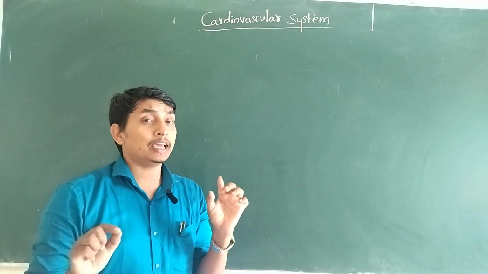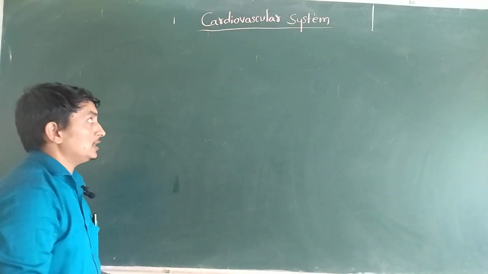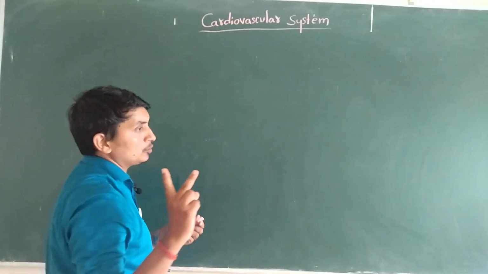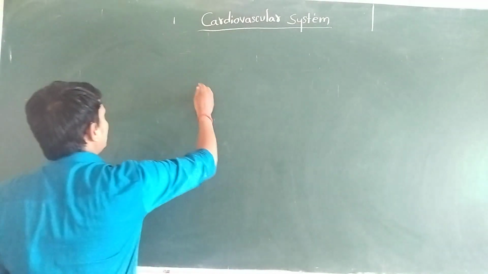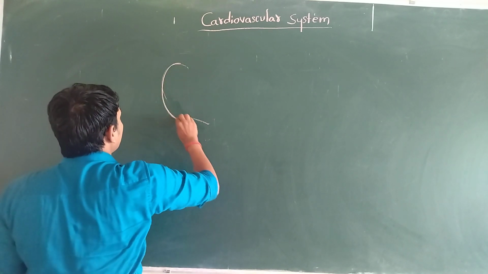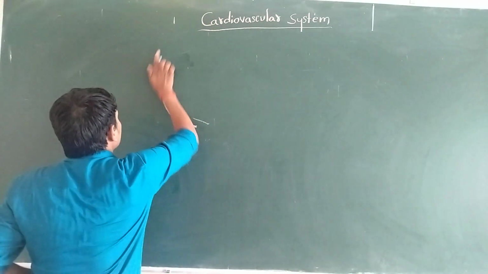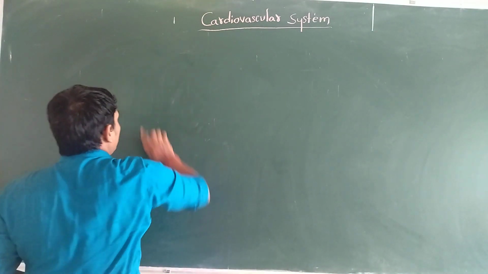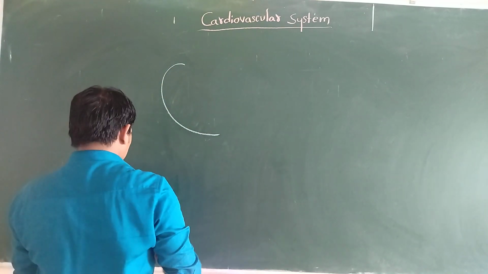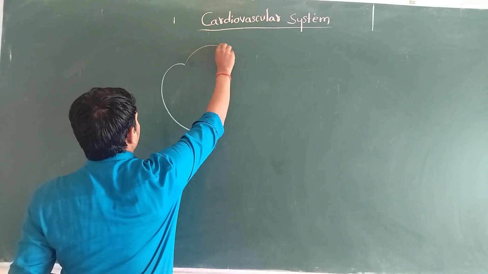We will discuss it with the help of a very simple diagram. So first we'll discuss with the help of two diagrams. In the first diagram, as we discussed in the anatomy, first we'll see this one small diagram, the structure of the heart. Here we are going to indicate with the help of color. Always remember, blue color and red. Suppose this is the right part of our heart, and here we have the left part.